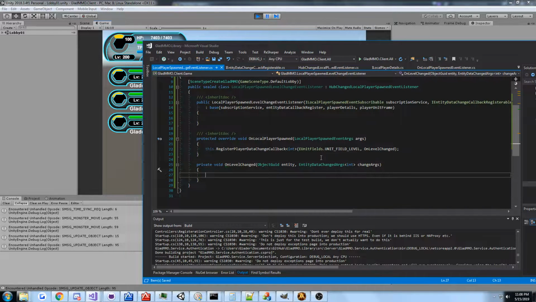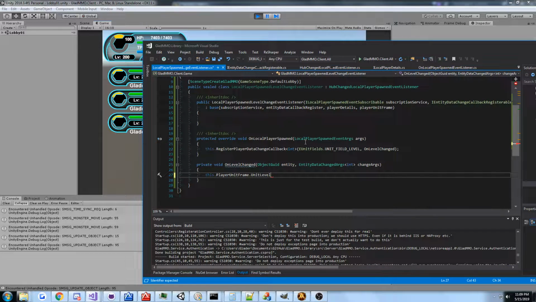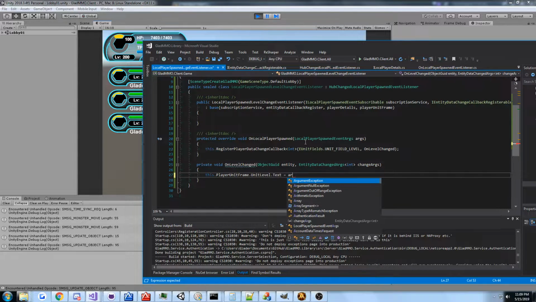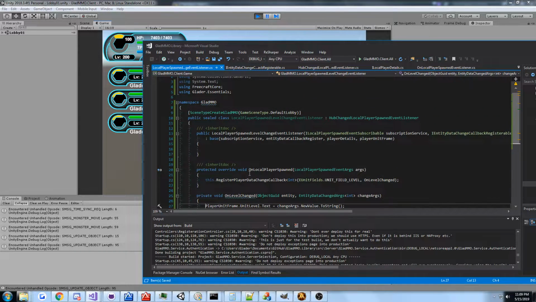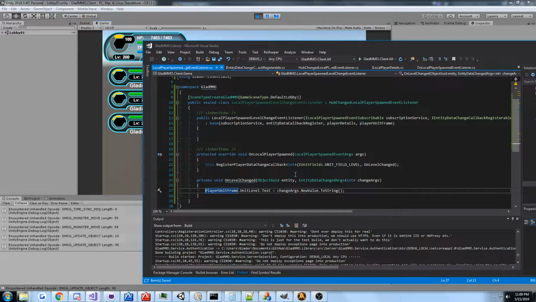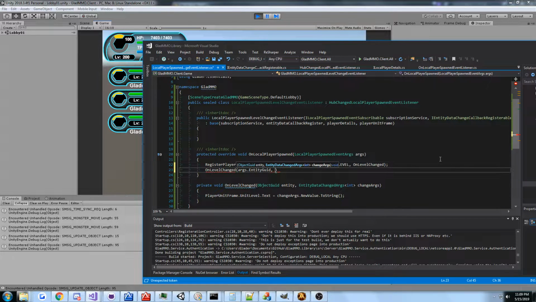Alright, so when level changes, what we'll want to do is access the unit frame, change the level, and we'll just do the new value. Wow, isn't that simple? And just those few lines of code, we now hook into the networking for GladMMO. We now hook to the UI whenever this value changes. Now, of course, we'll need to call this once because we need the initial value. And so we will just